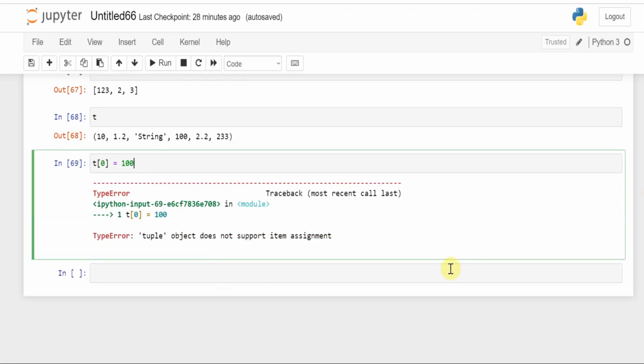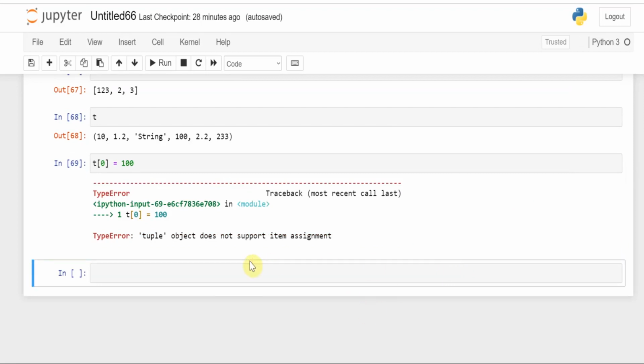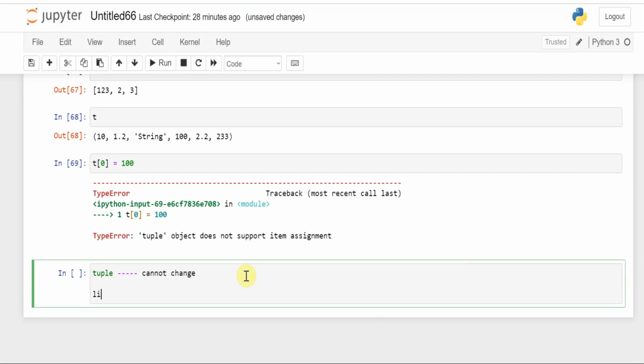Lists can change, and the tuple cannot change. By giving the indexing we cannot change a tuple, but the list can change.